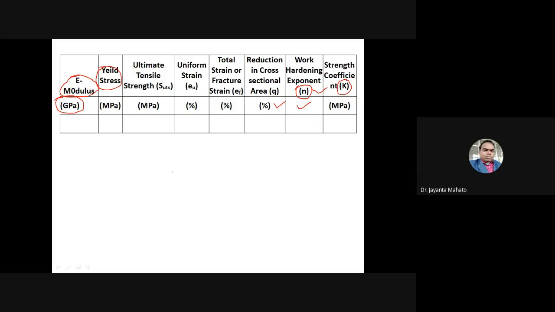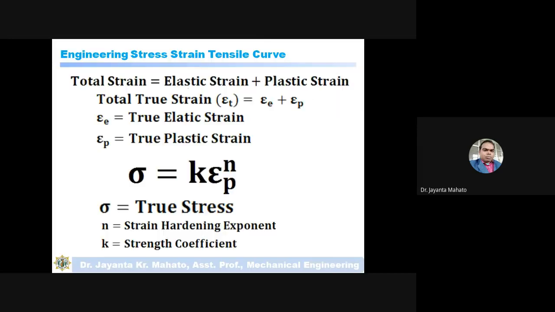Now you have to remember some relationships. The first one is that total strain is nothing but elastic strain plus plastic strain.